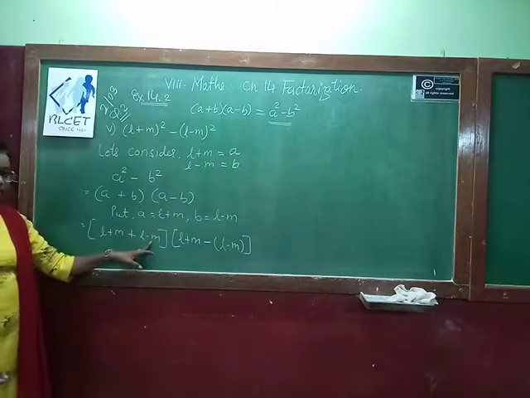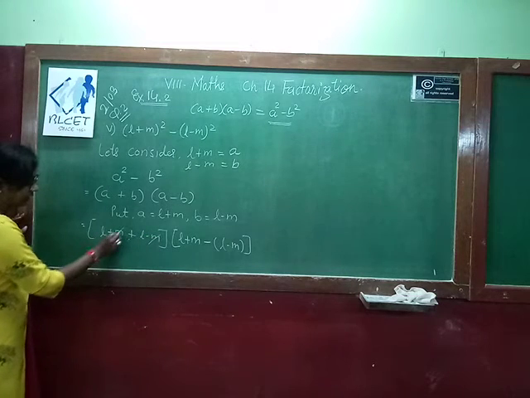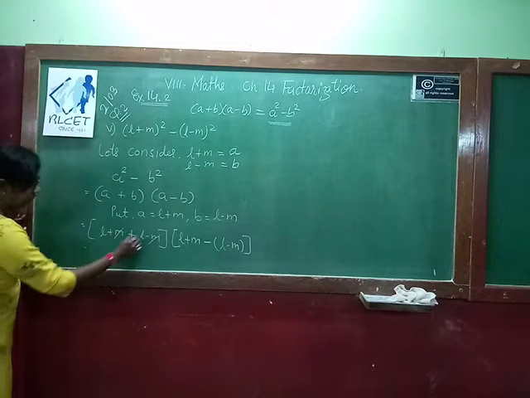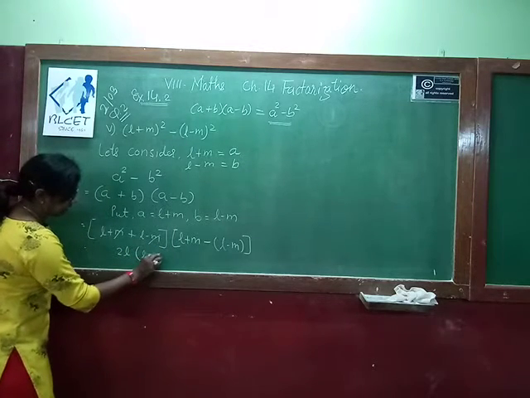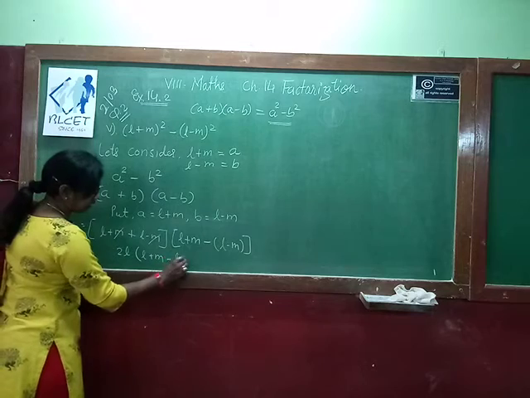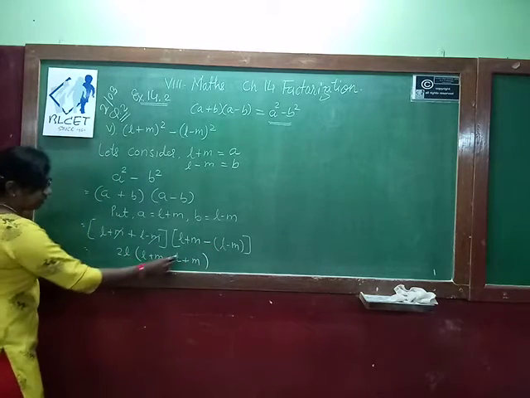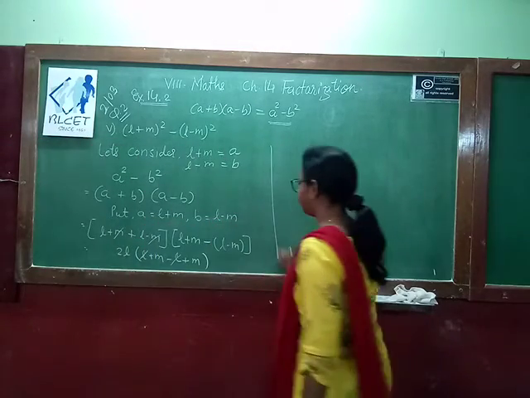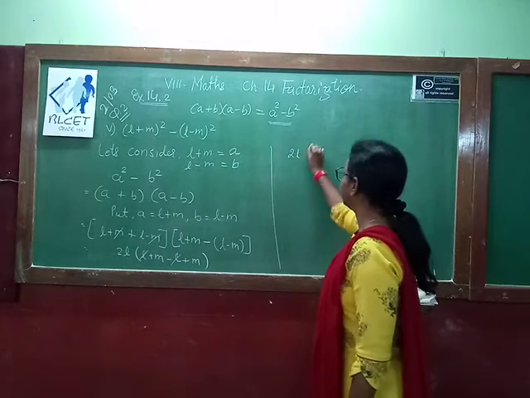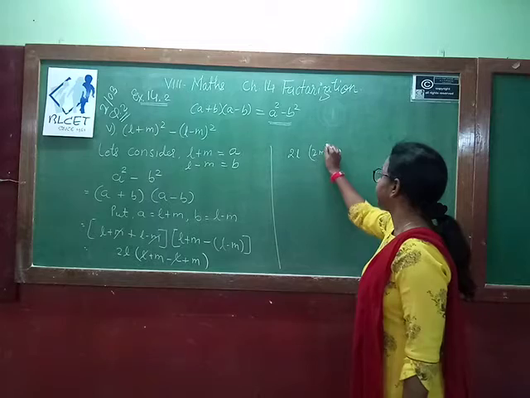Here also we have to do simplification. What simplification we get? Plus m minus m, this will get cancelled. So what we are getting? L plus l is 2l. Here you have l plus m minus l minus minus plus m. So l, this will get cancelled. So what is left? M plus m, you are getting 2m.